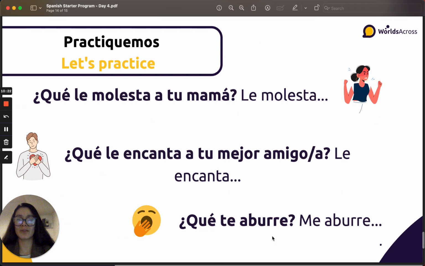So let's recap before I leave you with this cool activity. What happens with the affective verbs? They are different from English because in English, you use a subject, I, and then the verb, right? If you like something, if you're interested in something. But in Spanish, we feel affected by them, so we conjugate them differently, and I don't say yo gusto, I say me gusta, okay?